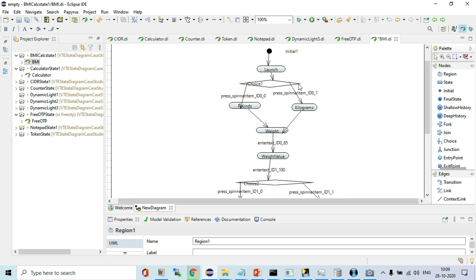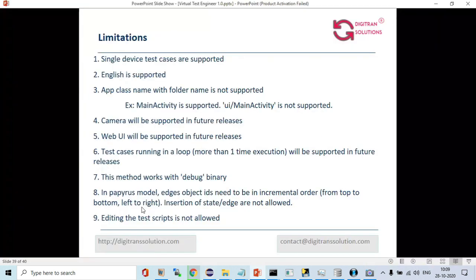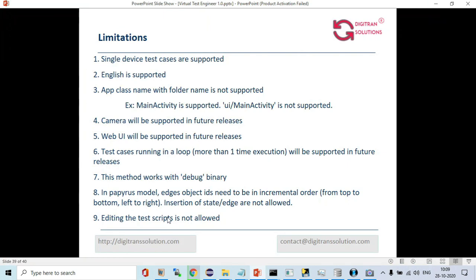First creating the bottom one and then creating the top one will not work. First you have to create the top one and then create the bottom one. That will work. So that is one limitation. Then editing the test scripts is not allowed. As of now you can view the test script but not edit and re-execute it. So that is not supported.